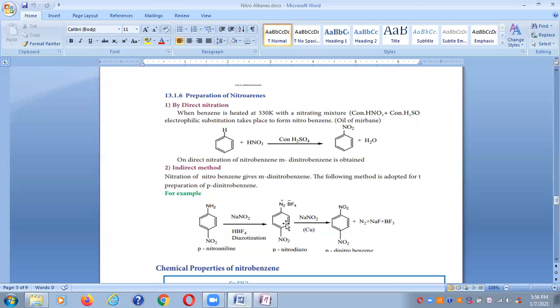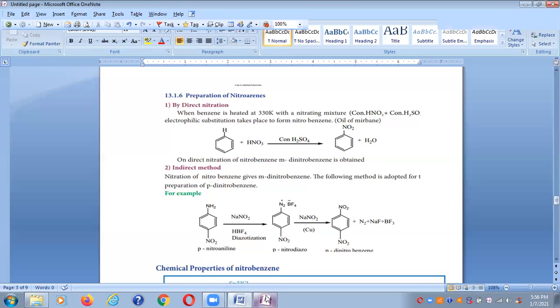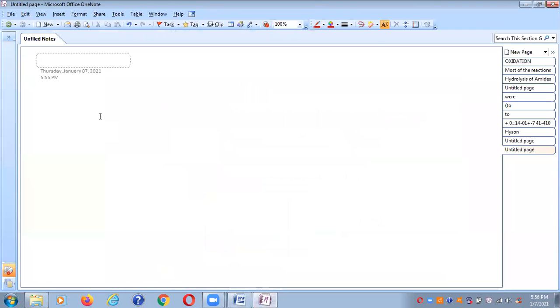So we get para nitrodiazonium salt. So this is known as para nitrodiazobenzene. This para nitrodiazobenzene is further treated with NaNO2. So here the substitution reaction takes place and we get what? Para dinitrobenzene. So here see,